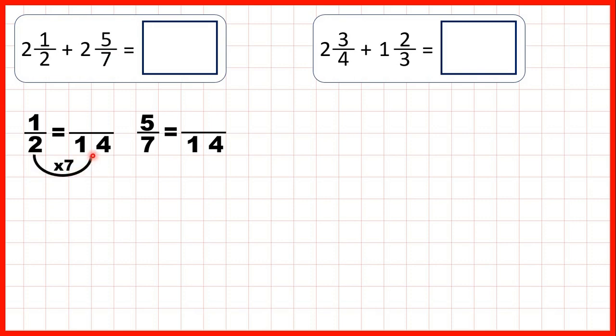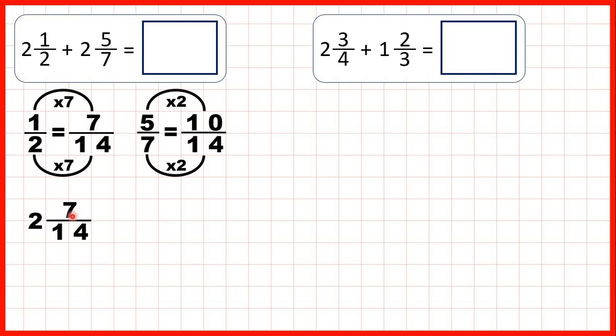2 times 7 is 14, so we do the same to the numerator, and 1 times 7 is 7. Now 7 times 2 is 14, and 5 times 2 is 10. So we can rewrite our question. Instead of 2 and 1/2, we can write 2 and 7/14, and instead of adding 2 and 5/7, we can add 2 and 10/14. So now adding our whole numbers together gives us 4, but when we add our fractions,